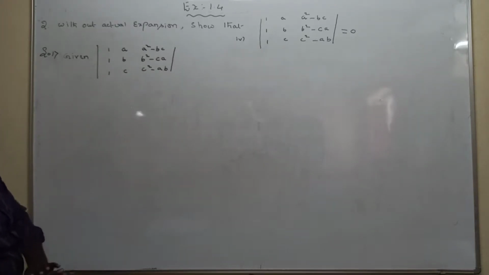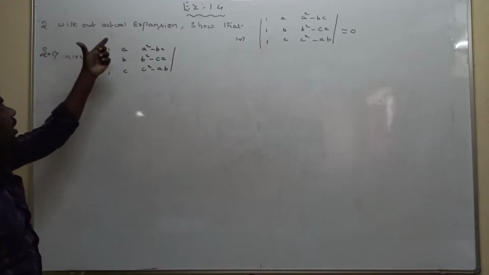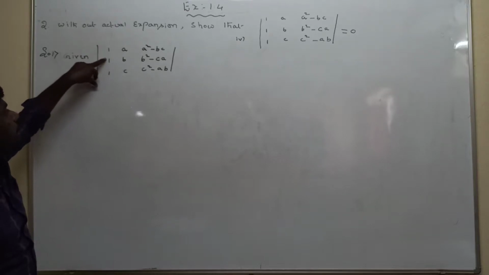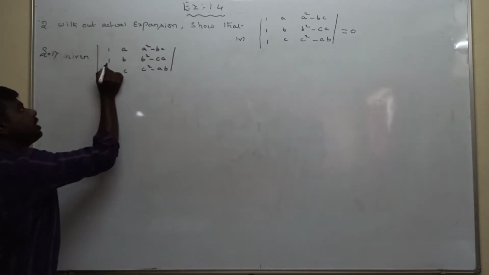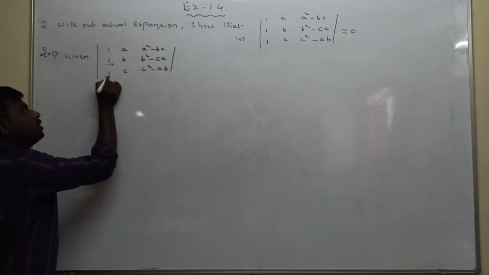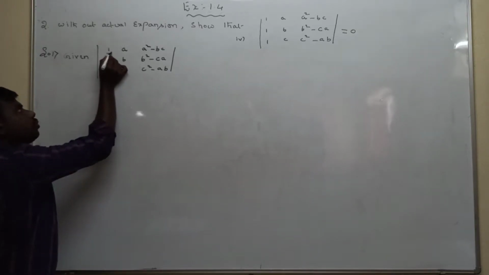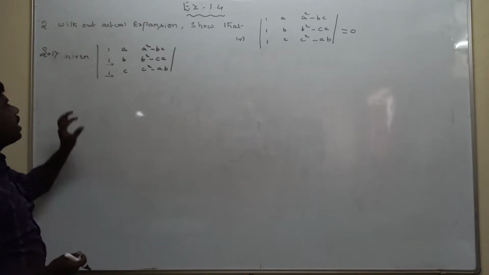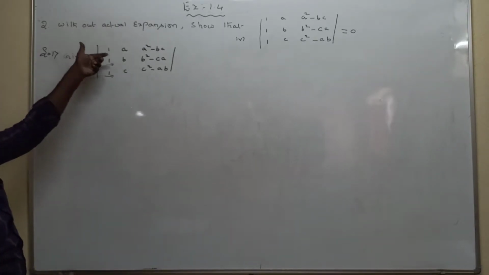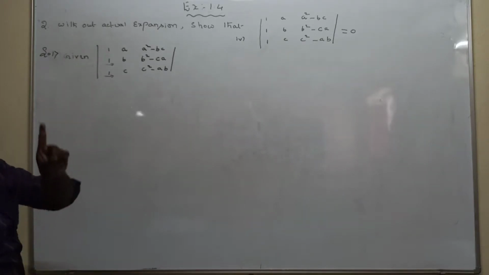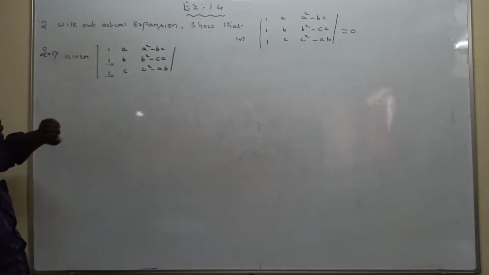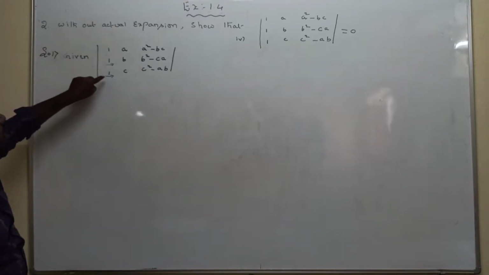So dear students, whenever in any column or any row all the elements are 1, any two elements must be proved to be 0. That's why you have to prove that this one is 0, this one is 0, or else this one is 0. That's why I am proving this element value will be 0, this element value will be 0. Why prove 0? Because whenever in any row or any column all the elements are 1, any two of the elements must be made 0.